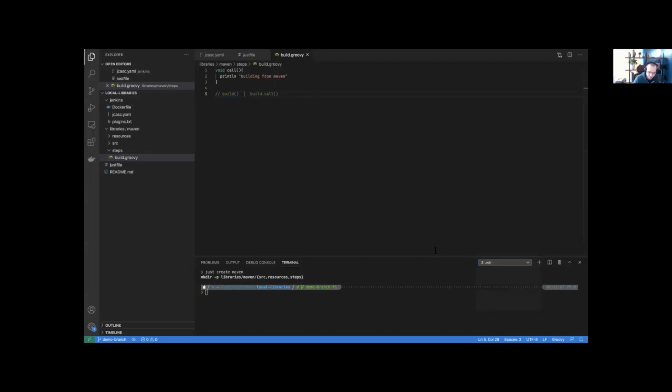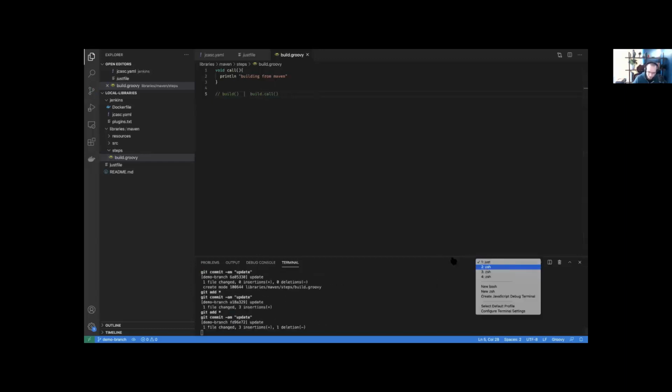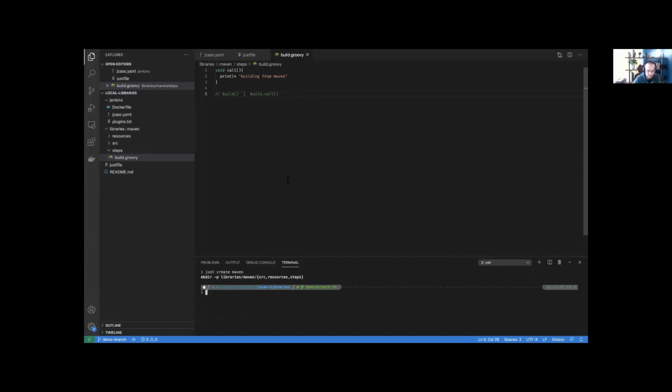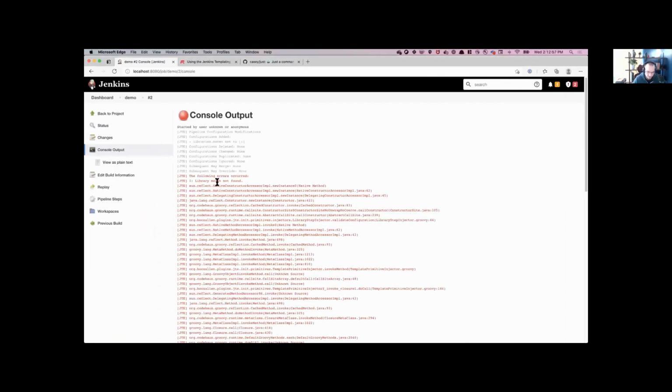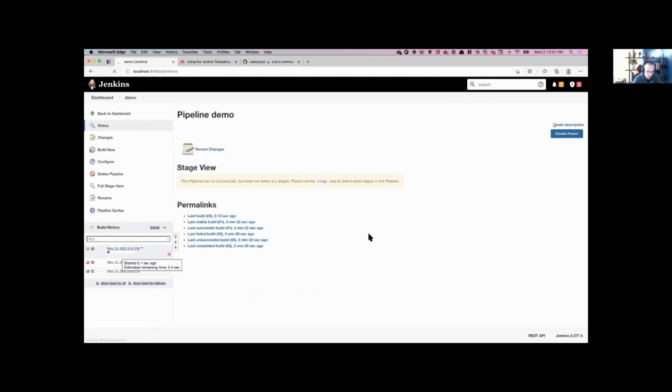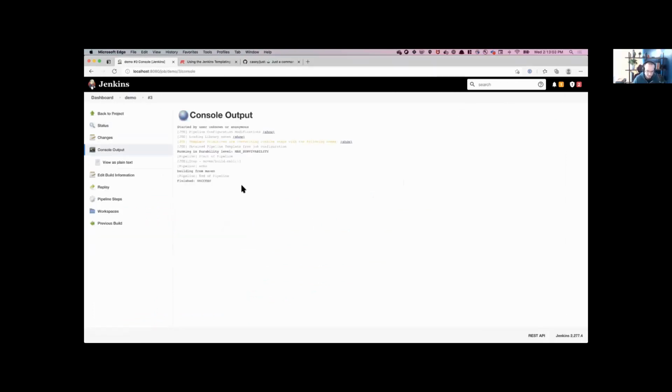If you remember, we've got a file watcher that committed that change for me already. So if we go back to Jenkins now, the Maven library exists. So I can build it. And what's going to happen is if you look at the build logs, and I can make this a little bit bigger,